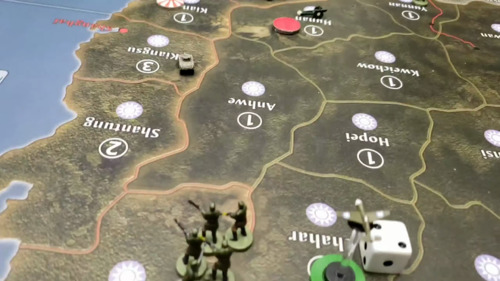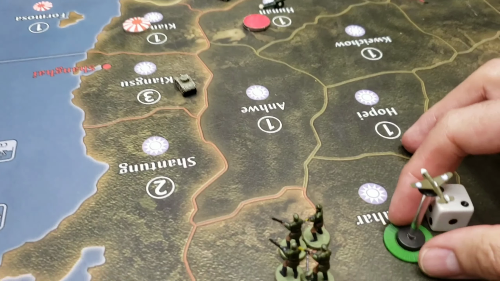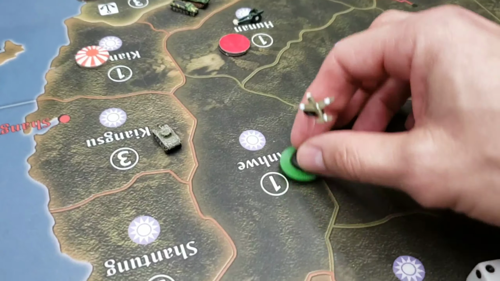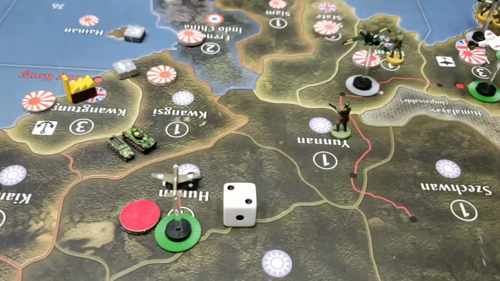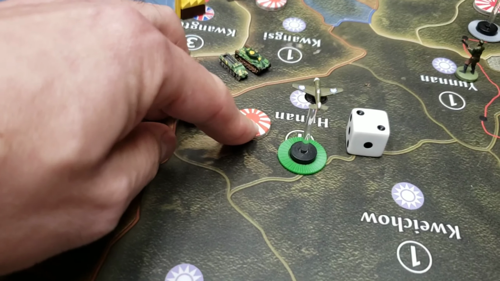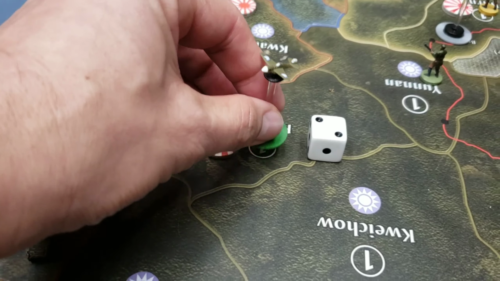The last battle is the battle for Hunan, where you have 1 Flying Tiger squadron coming in at a movement of 1 and 2. Has 2 movements left. The battle has already been resolved. This artillery piece was destroyed, and the territory is still Japanese, though. On the return fire, the Japanese were unable to have any success at taking out the fighter,